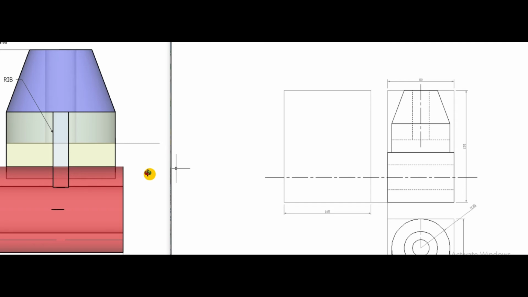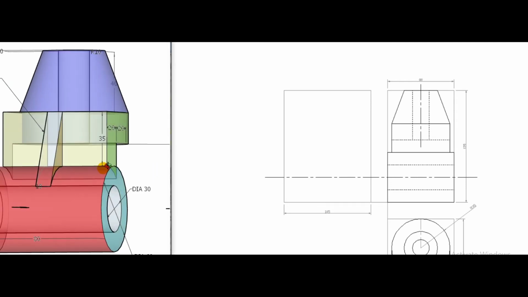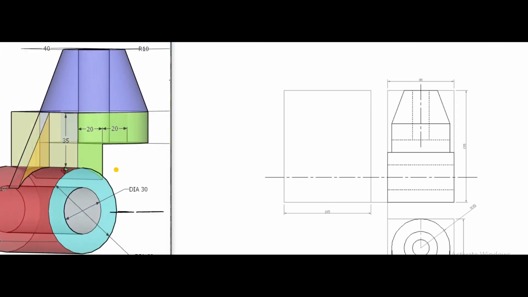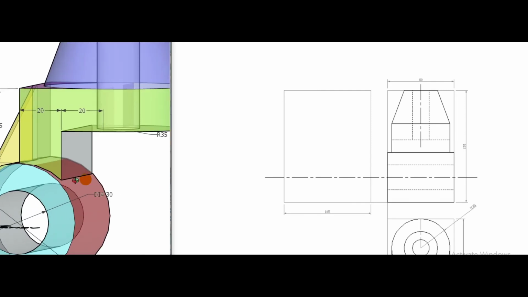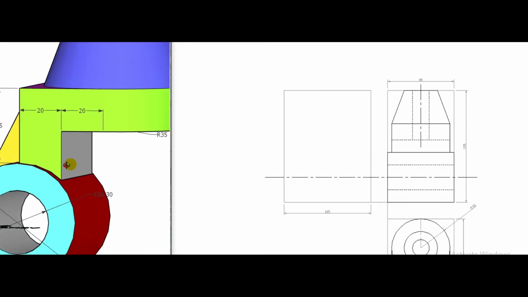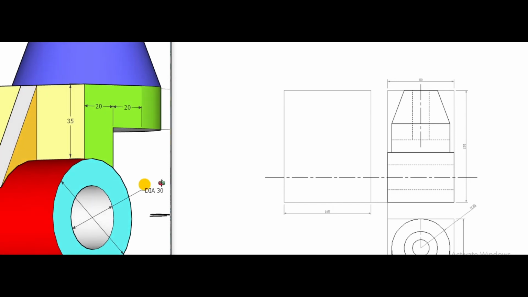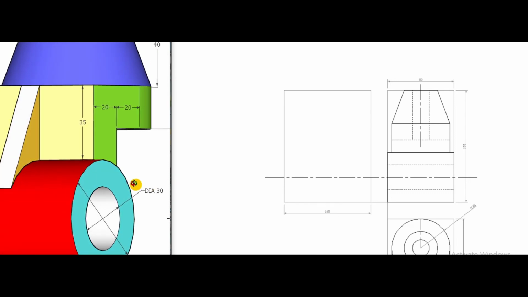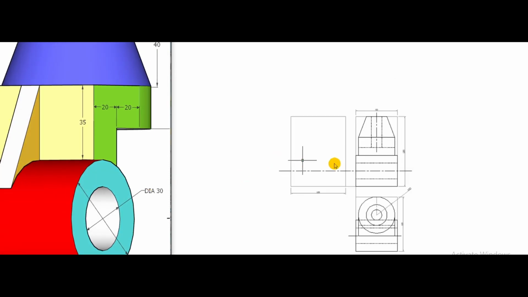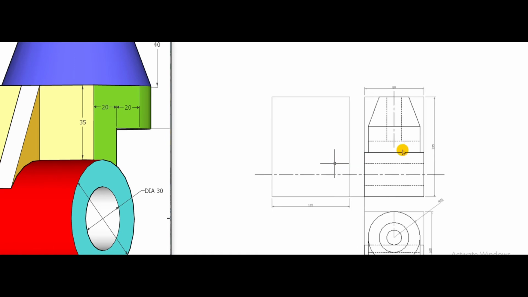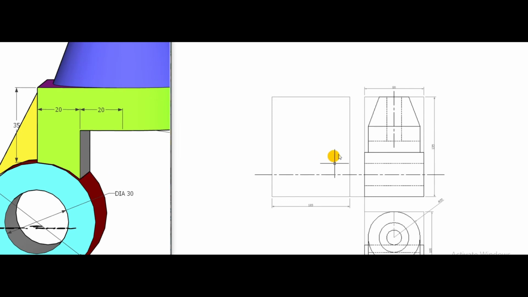Now for front view, this edge is not visible. This edge is not visible. So how to draw this? Again, we are unable to locate this edge directly in front of you, because we have to take the help of a side view. So side view will assist to draw this rib and this hidden edge.